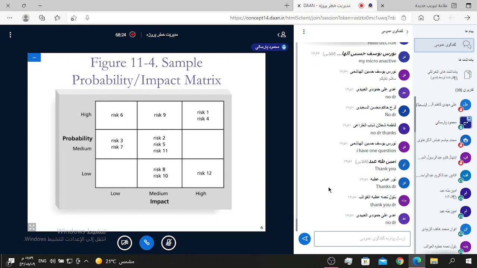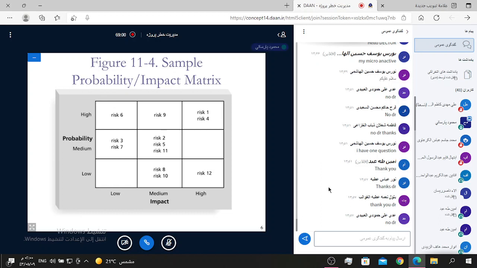And for probability medium and effect high, there is not any risk in this region in this example. And with high effect and low probability, there is a risk number 12 in this example. So we can make such a probability effect matrix